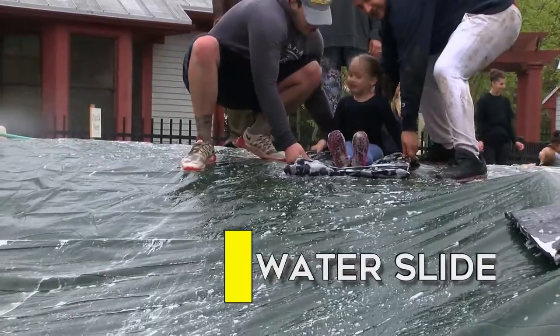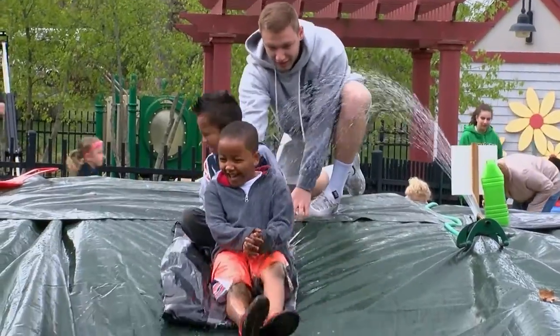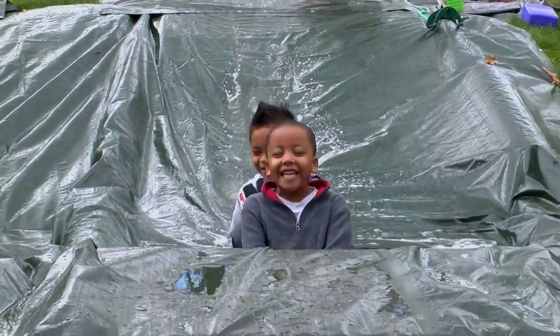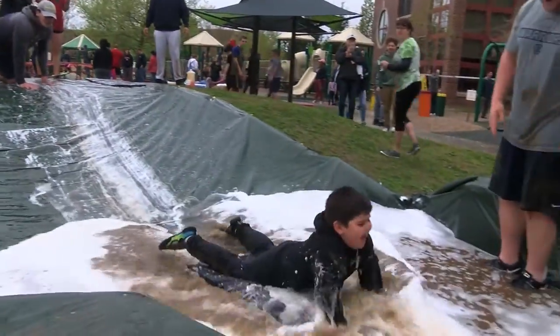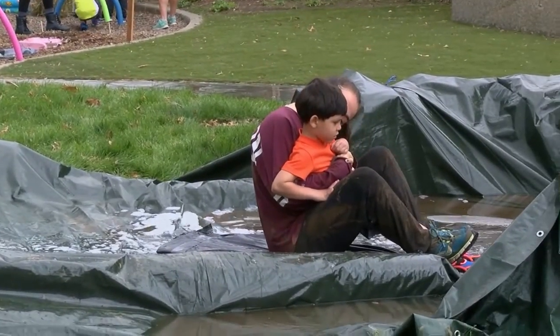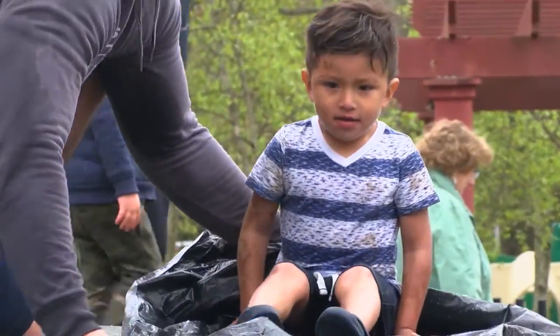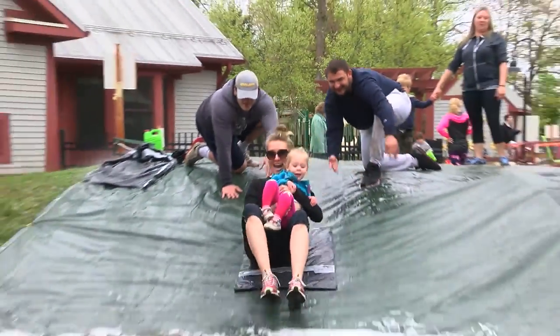The water slide is simply a tarp on a hill, and then at the end of it we put some mats around it to kind of corral the water in towards the bottom. And then to make it a little bit more slippery, we put bubbles on it. It's definitely a little bit of a challenge for them because it's a little bit intimidating to be up there and see the water down below. So I think as far as that, it's a little bit more of how they feel emotionally. Not so much a cardiovascular or a muscular endurance type activity, but more something that's going to challenge them in